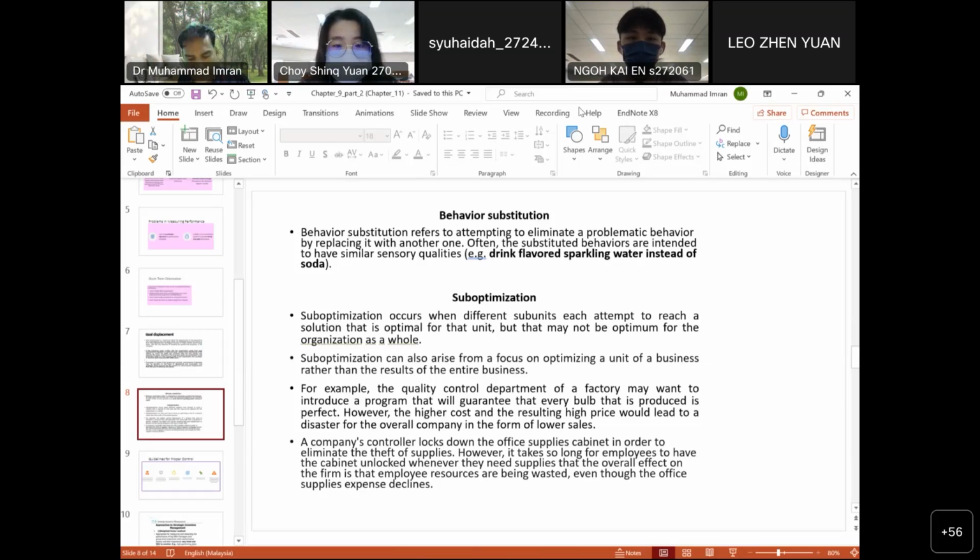A classic example of behavior substitution happened a few years ago at Sears. What Sears management thought it could do was improve employee productivity by tying performance to rewards. Basically, they're giving them a reward for their higher performance. Maybe if we give them a reward, their performance will be high. But it therefore paid commission to its auto shop employees as a percentage of each repair bill. Okay, they set a commission on their repair bill.